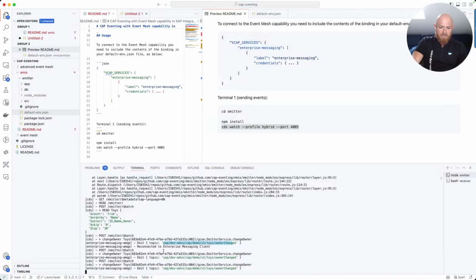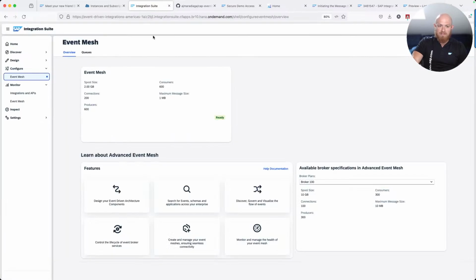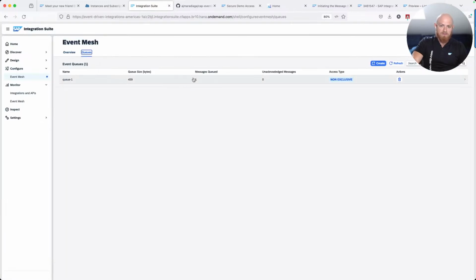Okay, so you can see we published 3 messages, but we've not seen the message itself, right? If we go back to queues, we can see here that, yeah, 3 messages queued. So let's just see, for example, in my